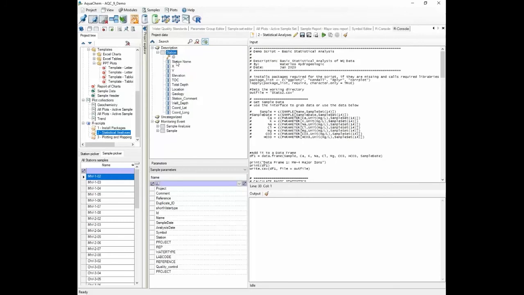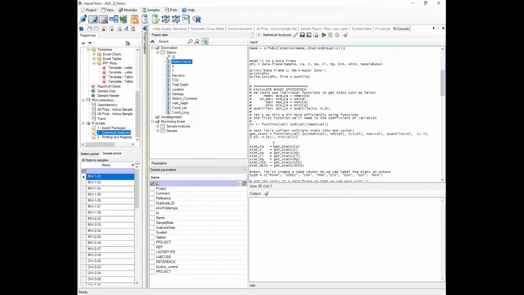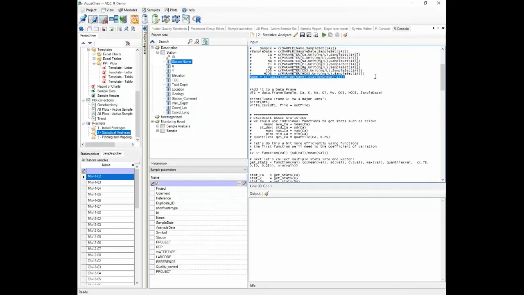So you can go into the station table, double click on one of the fields, in this case station name, and create a new variable based on that field, and then filter your data based on specific station groups or getting all the data, or you can get it from a specific station. So in this case, we'll just get all the data. And what that does is it inserts a variable where you have the cursor located,